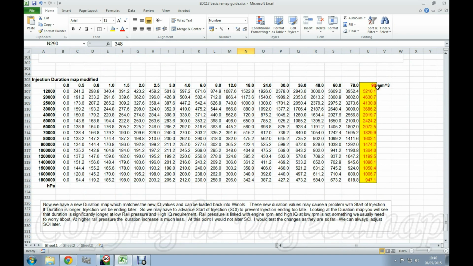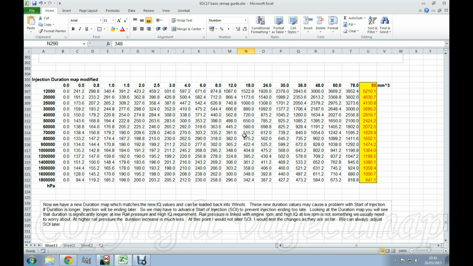So now I've got a new duration map, and the new duration map should allow me to go all the way out to 90 millimeters cubed, which I'm hoping is about 74 milligrams. So with a little bit of luck, I've now got my requirements as torque and injection quantity sorted, and I've now got the air sorted, and now I've finally got the injection quantity sorted.